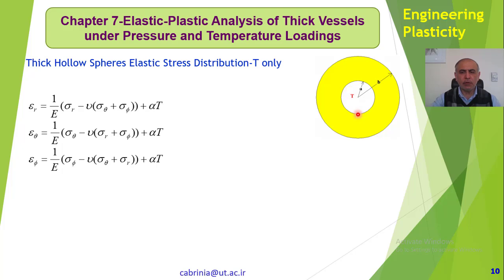So that is the source of heat, and that source of heat gives rise to the temperature difference across the wall thickness. And so we get different temperature at different places, and that sets the stresses in the sphere at radial and hoop directions,